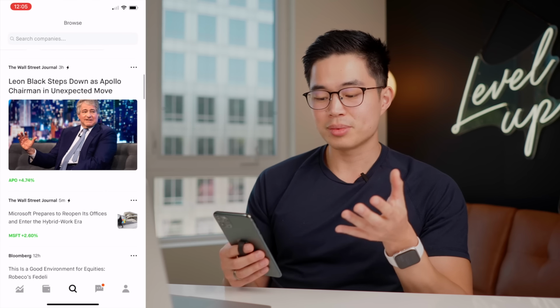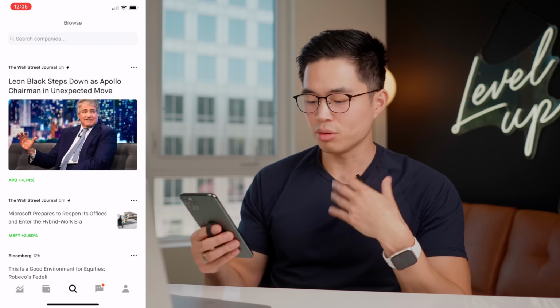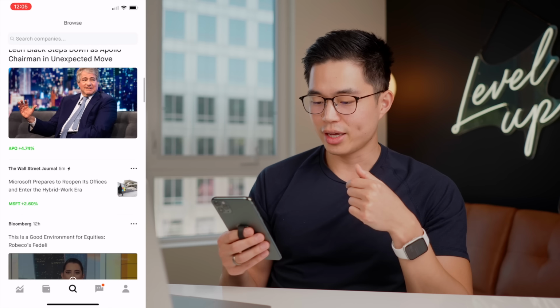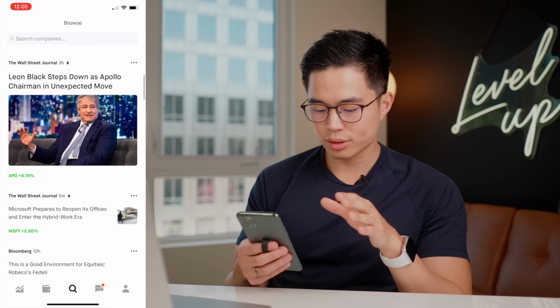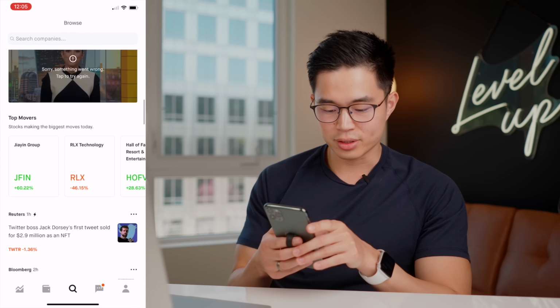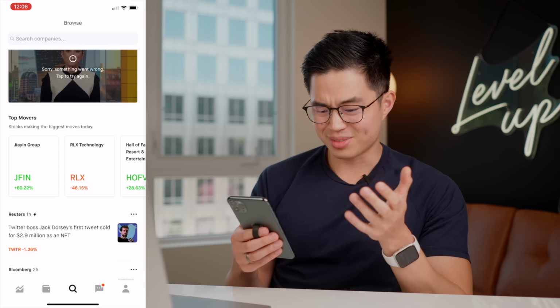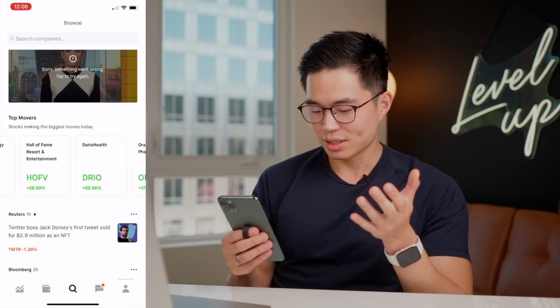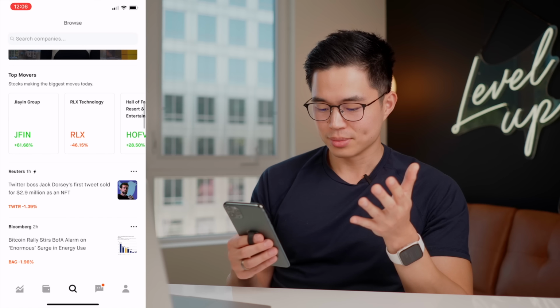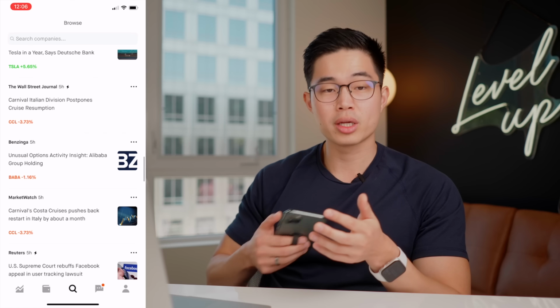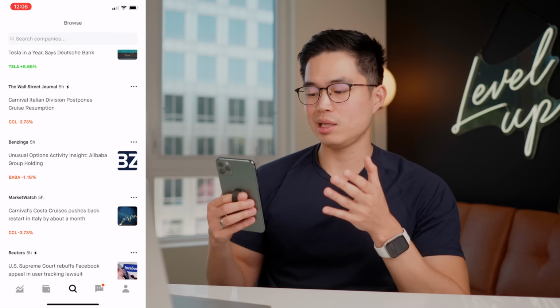So if you want to stay up to date with the whole news, the whole market, you can just come here and look at all these articles from a bunch of different publishers. And you can see the top movers for the day. So you can see this company was up 60%, crazy. This company is down 46%, also completely crazy. And yeah, just a great place to get your news on what's happening in the economy and in